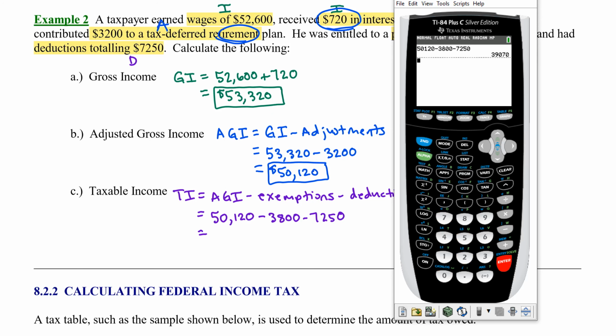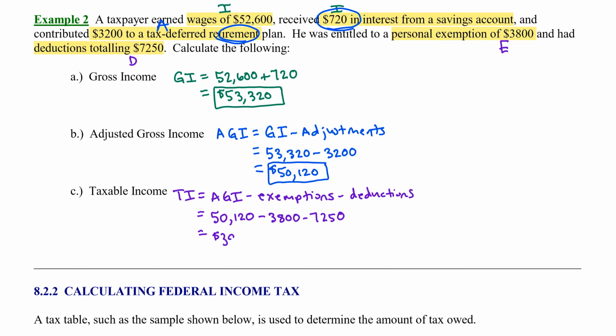So his taxable income is $39,070. So he earned a total of a little more than $53,000, but notice he's only going to pay taxes